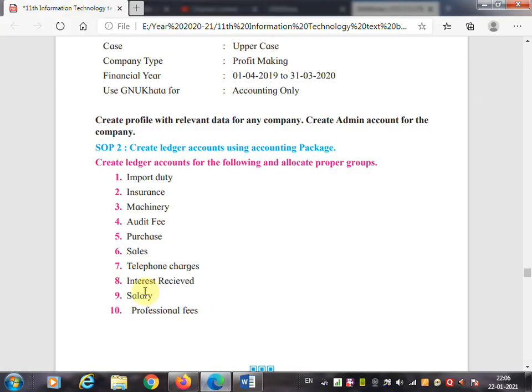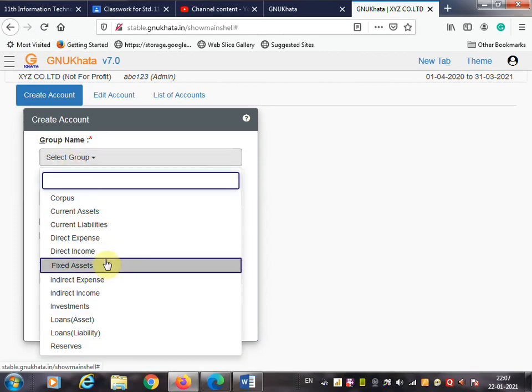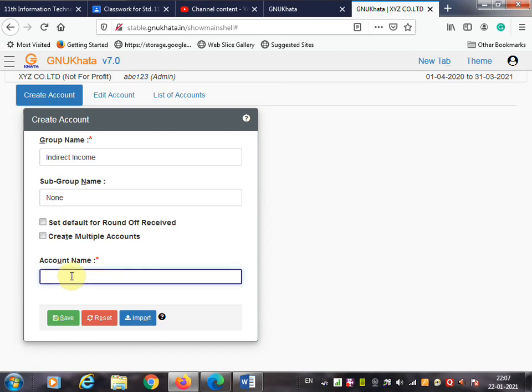Next, interest received. It will go under indirect income. So select indirect income group and enter the ledger account name interest received.